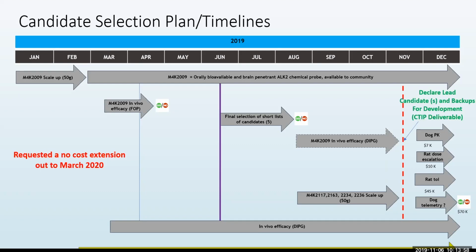And then we still have the backup program, and I think the backup team is now starting to make some nice inroads in terms of properties of some of these compounds. So you'll hear some of that from Sue. All right, so that's basically the intro. If no one has any questions,